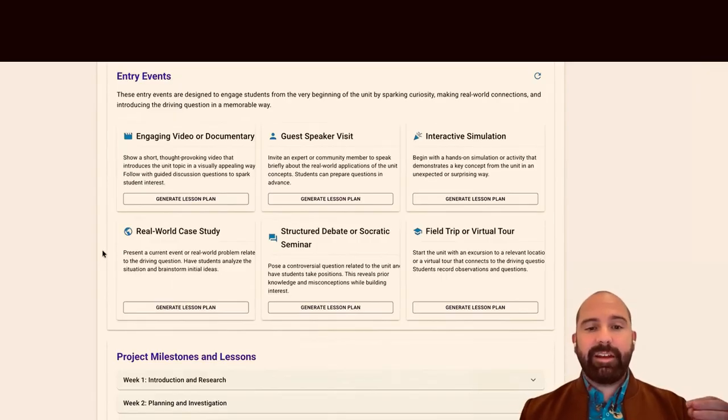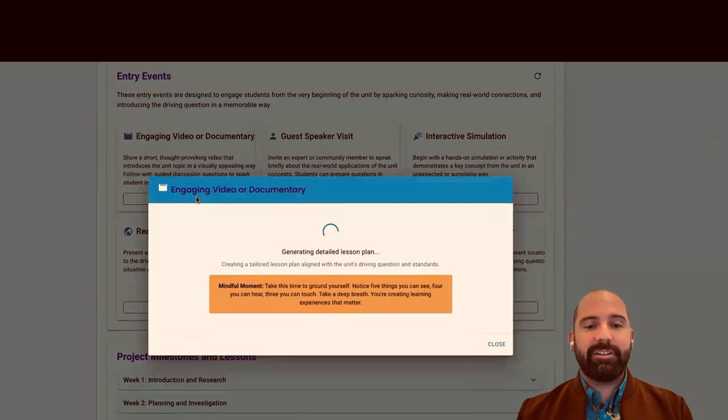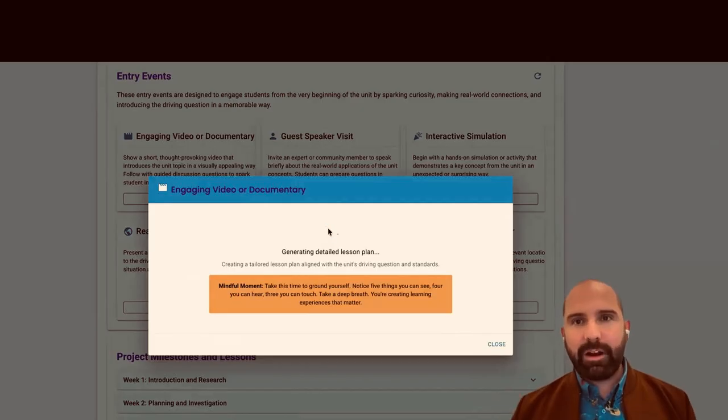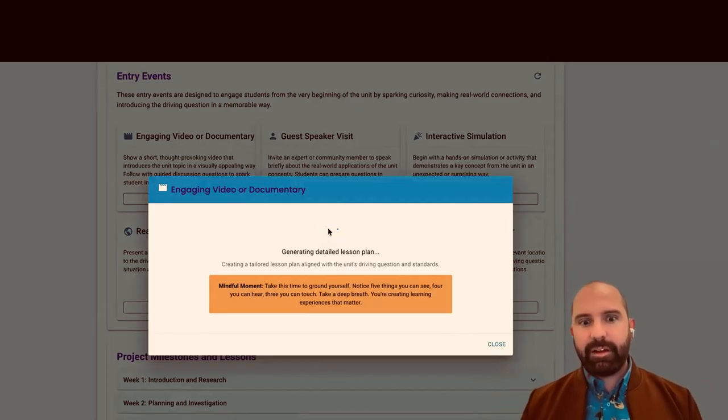These entry events are so important to a great project-based learning unit. I'm going to generate one right now. An entry event is how you get kids hooked into the topic, right? You've shown them the driving question, and now you're trying to get them engaged with the topic, right? And so it might not just be